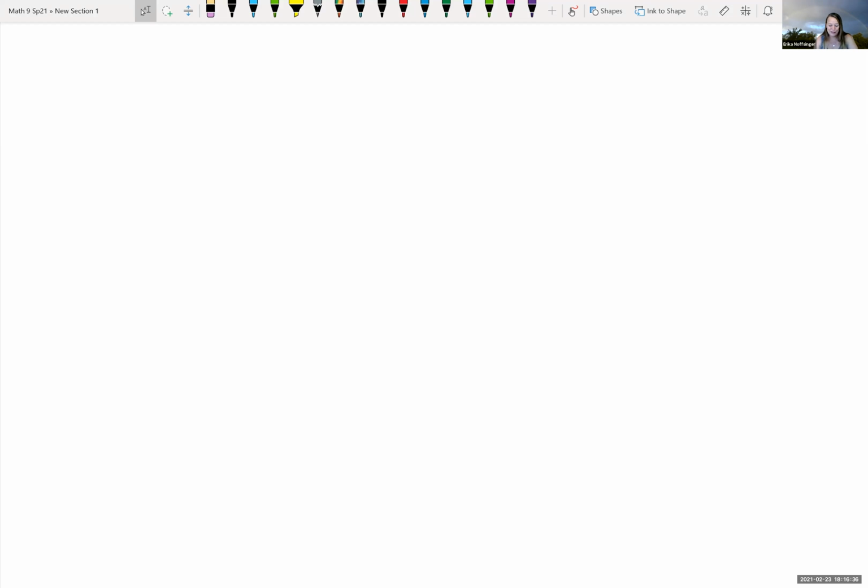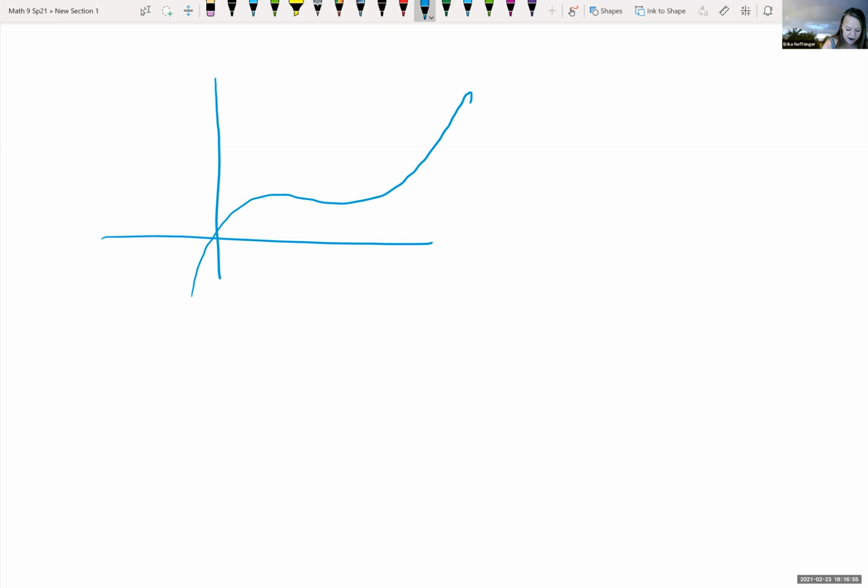Okay, so again, we're looking at rates of change, looking at the average rate of change versus the instantaneous rate of change. Let me just review really quickly what we had looked at last week. So we were looking at slopes of functions, and maybe we had some graph like this, f of x. And if we wanted to find the average rate of change on some interval, let's say AB, so find the average rate of change